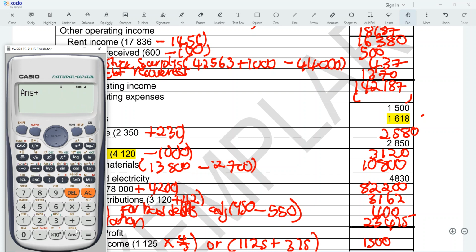Let me do it slowly. 1.5 plus 1,618 plus 2,580 plus 2,850 plus 3,120 plus 10,800 plus 4,830 plus